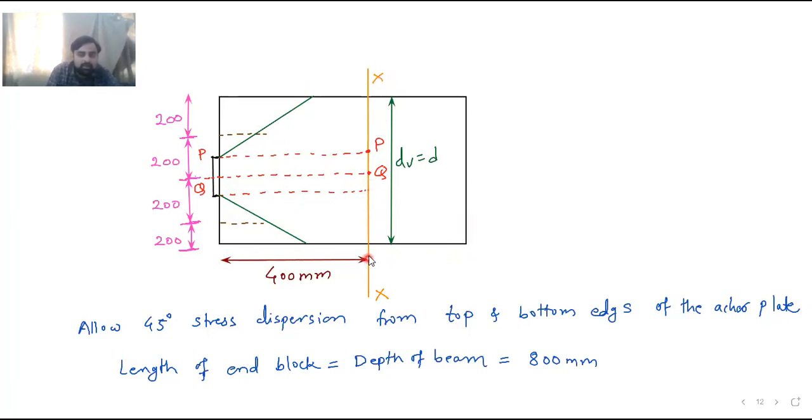So it will not be there in the dispersion range. So it will be dV, that is, the total depth must be d. Okay, so